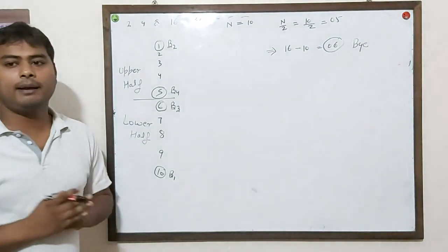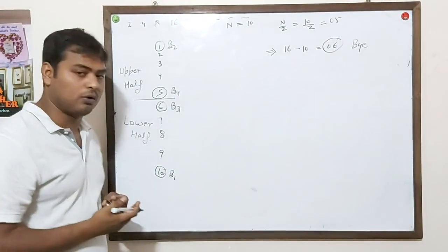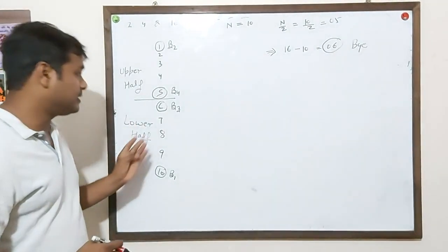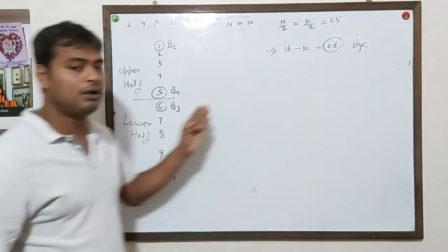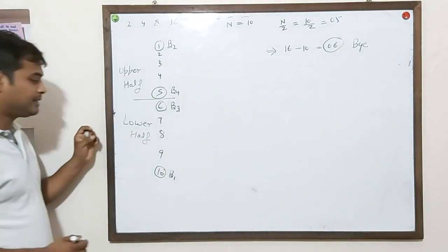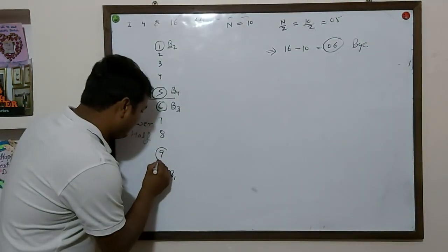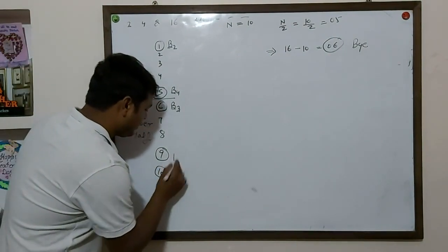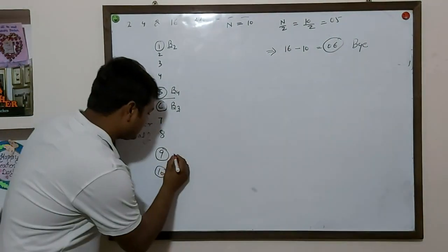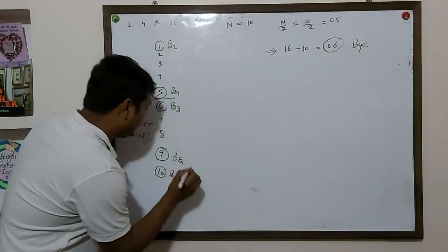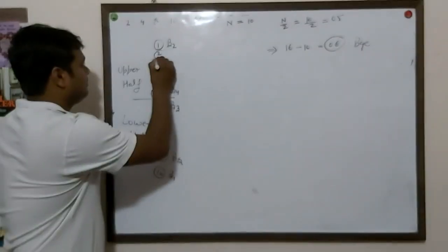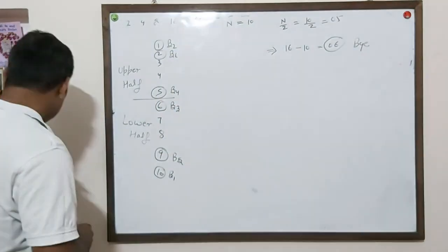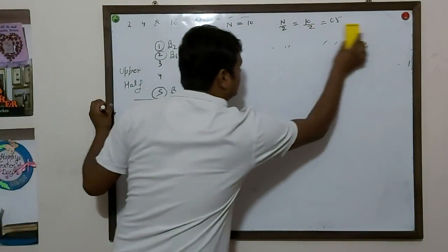In this manner we arrange byes. If the total number of byes is more than 4, then again we will follow the same procedure. As you can see here we have to arrange 6 byes. It means 2 more byes we have to arrange. So B5 we will give to the lower half, second last team, because the last team has already been given a bye. So here B5 and then next B6. Now we are ready to draw a picture.